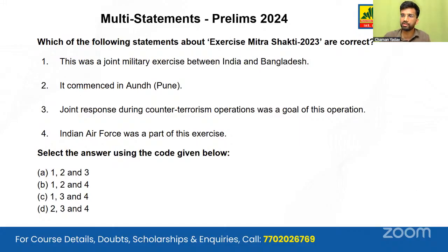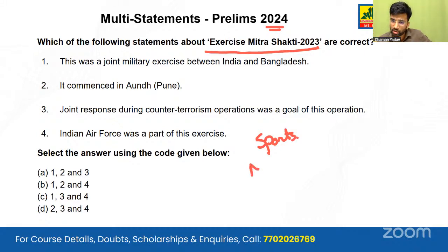This particular question was asked in prelims 2024. Highly current affairs based question because it is based on exercise Mitra Shakti. One of the trends that we can also see over the past 2 or 3 years is that UPSC started asking sports based questions, mostly in which India excels, and they have started to ask military or defense based questions as well. So in 2024 they have asked about this Mitra Shakti exercise, and they have also asked about the ranks of the Indian Armed Forces. So in this question, we are given 4 statements.